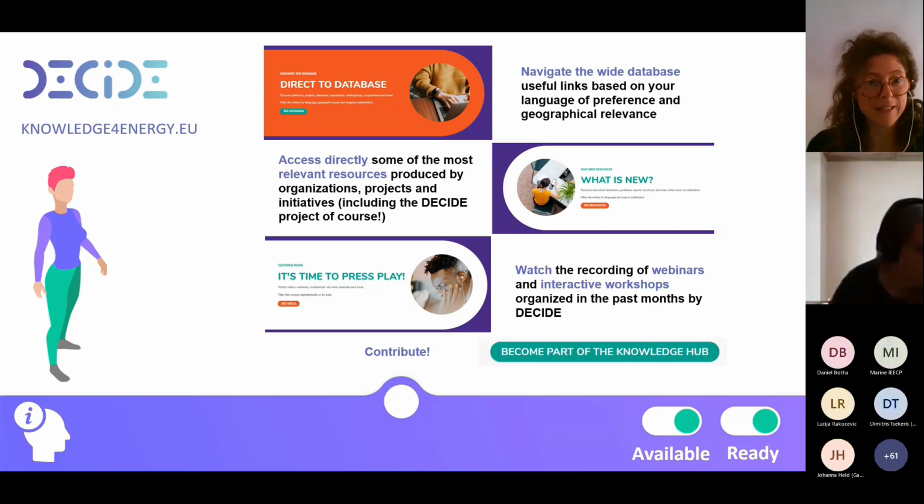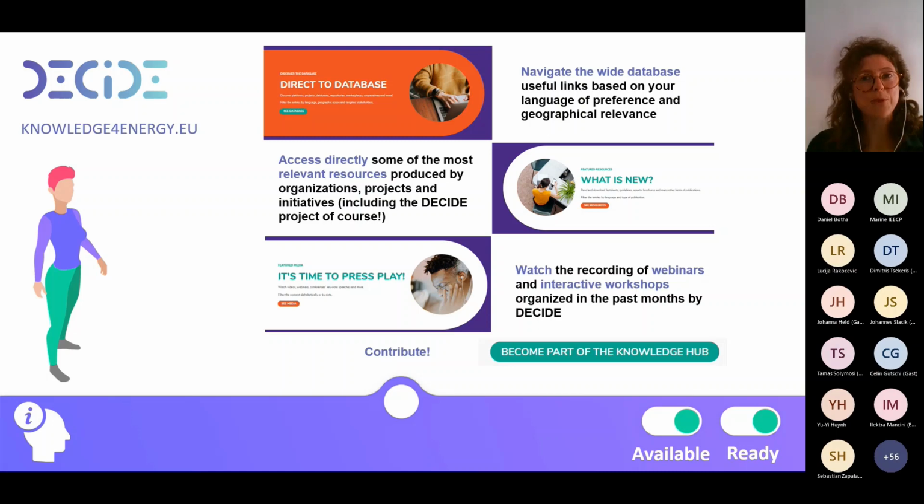And last but not least, the Knowledge Hub is also open for Andrea to participate. Scrolling to the very bottom, you will see the possibility to click on this green button that you see on the slide, which gives the opportunity to upload resources as soon as you come across any interesting one. And why not upload the resources that you are producing yourself, maybe from your experience. And I think that's all.